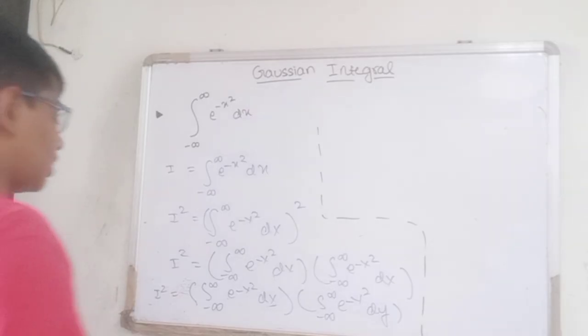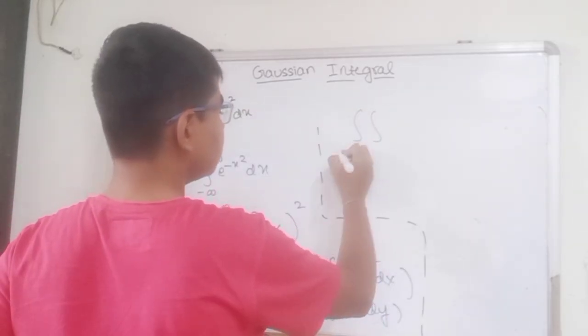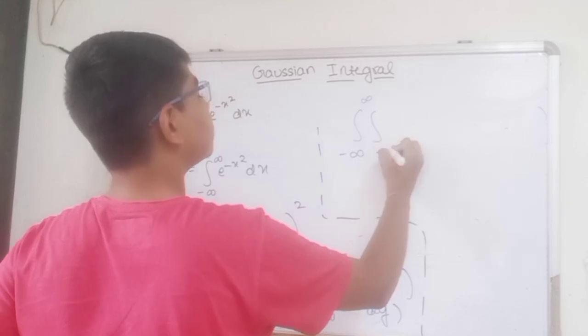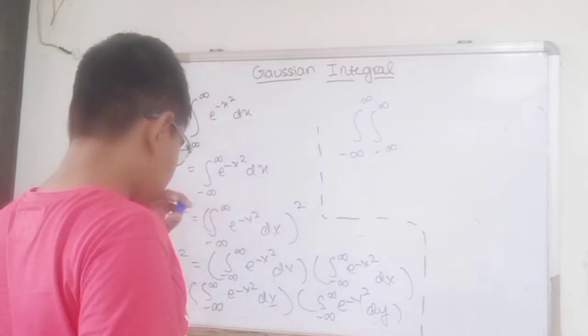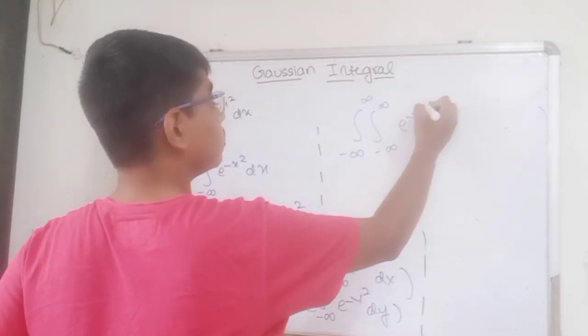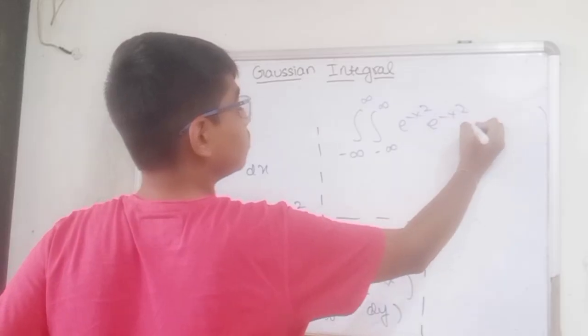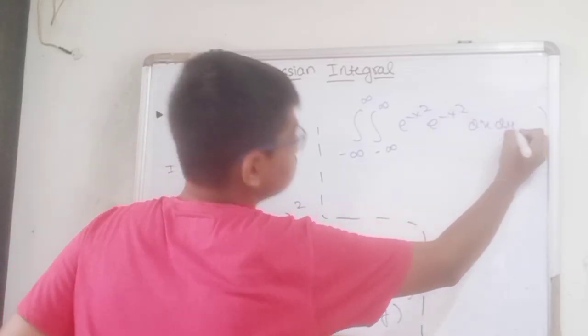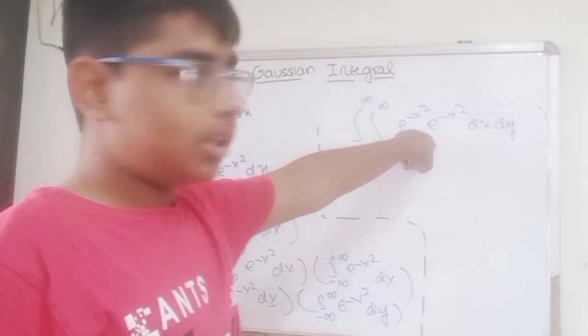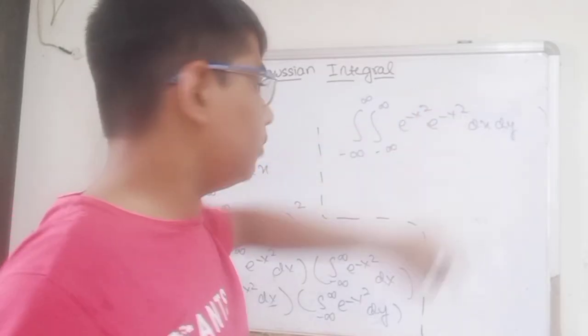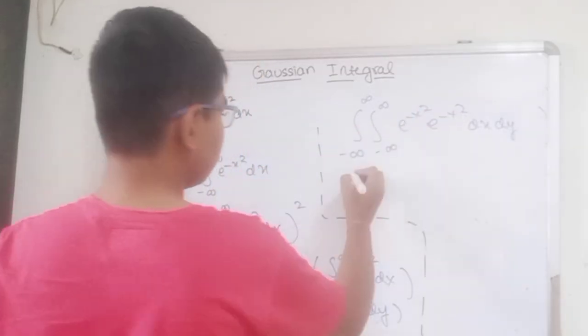We'll do normal multiplication where we get this as a okay. Now what is this? We have the same base, so the powers add up, so we get minus x square minus y square. So we can write it as